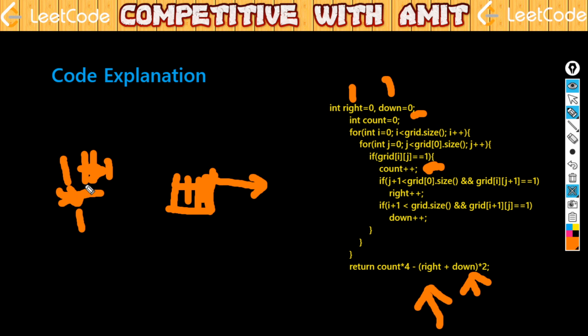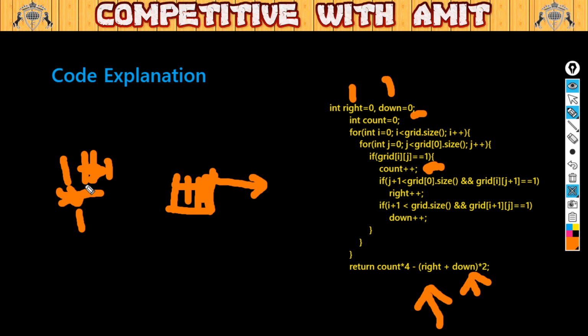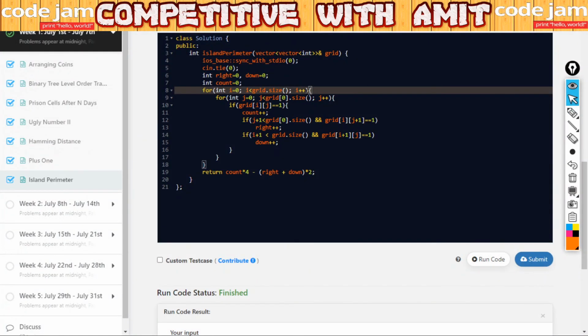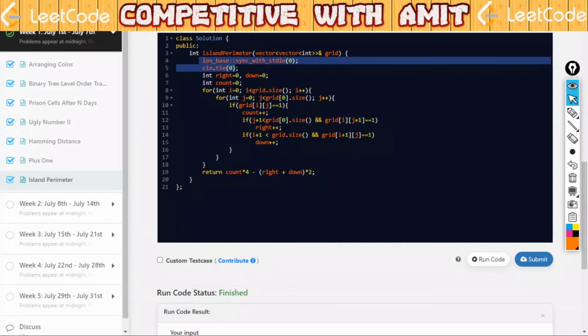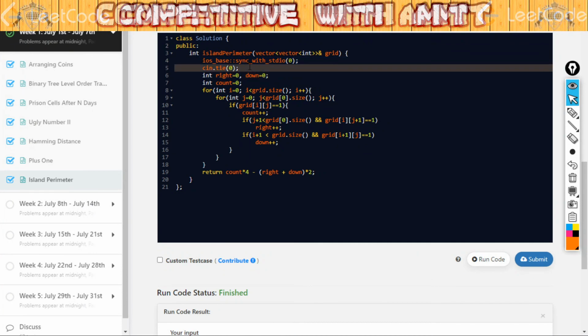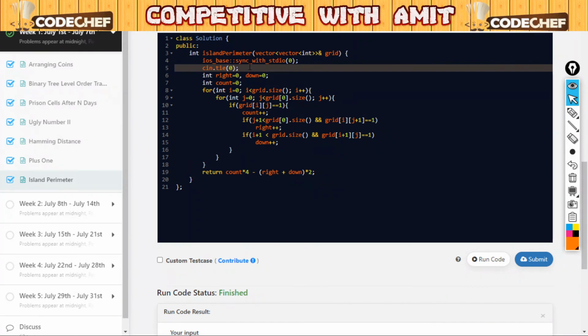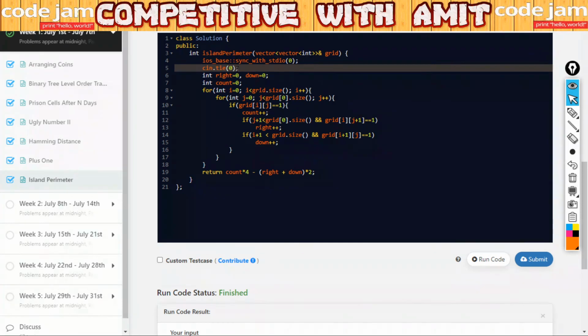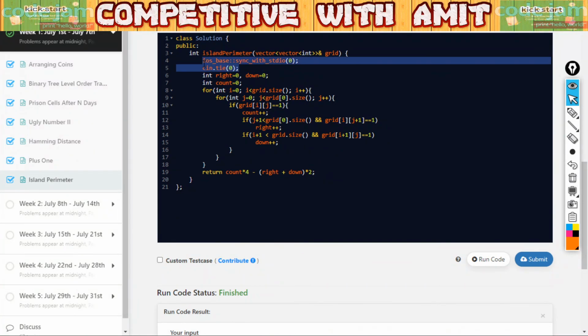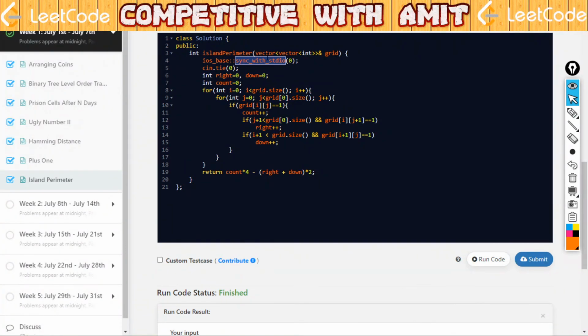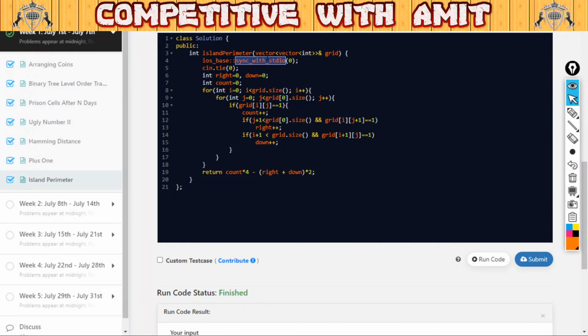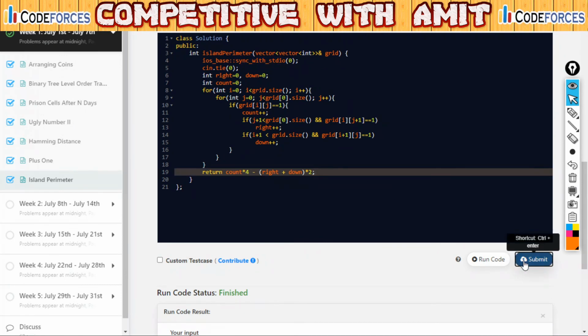So now we will submit our solution. So this is the code which we are going to submit. So first of all, you must see these two lines which I am using to avoid the useless test cases in which 0 or some null value is given as an input. So that's why this line is used to decrease the time usage and the time complexity. So now if we submit our solution,